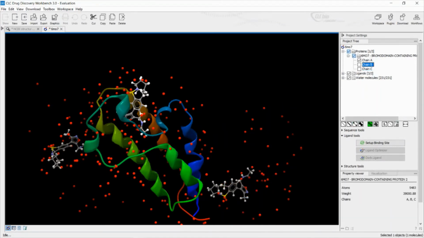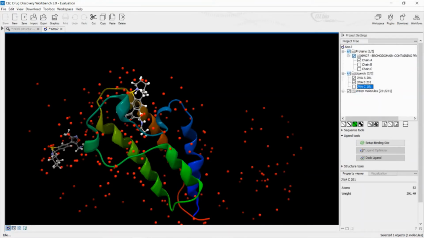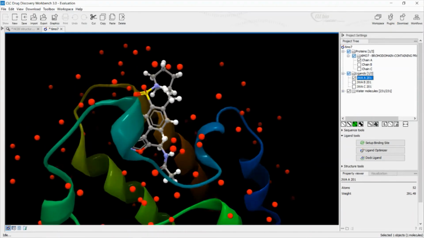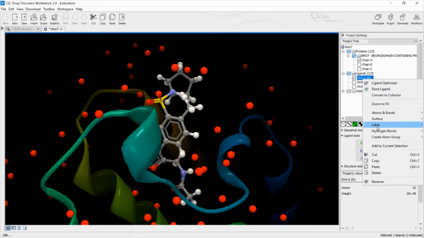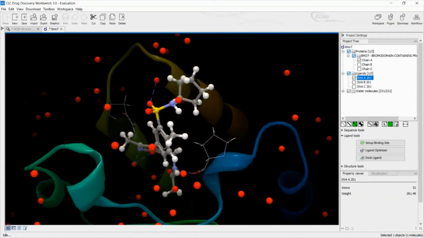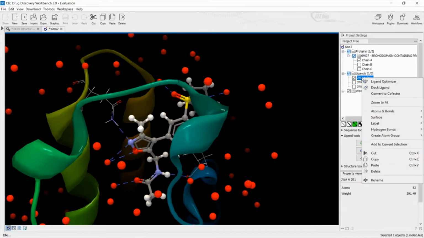So I have selected only one chain, and out of the ligands, let me select only one, and I am removing all the other 3. How to select that is, you have chain A, so I have to select the ligand A. This is the only basic fundamental. Once you do that, simply click on your ligand and select hydrogen bonds. Once you show hydrogen bonds, see here, this molecule is having hydrogen bonds with some residues as well as some water molecules. Let us see what are all those residues and water molecules.